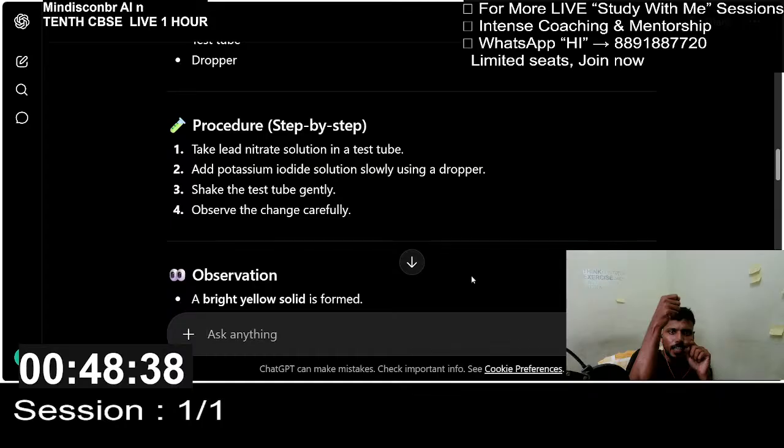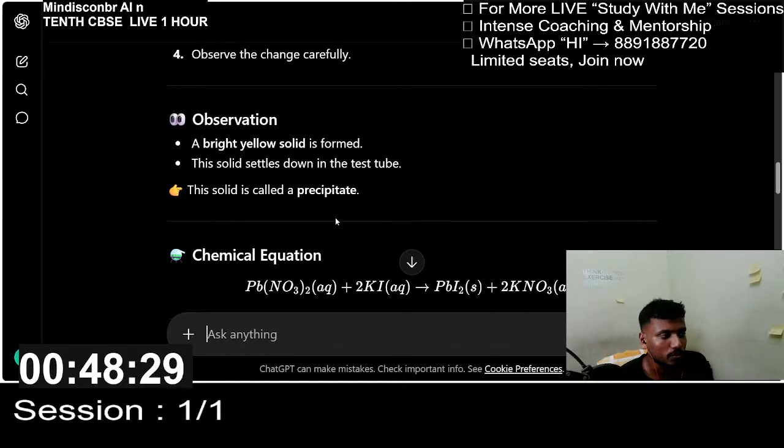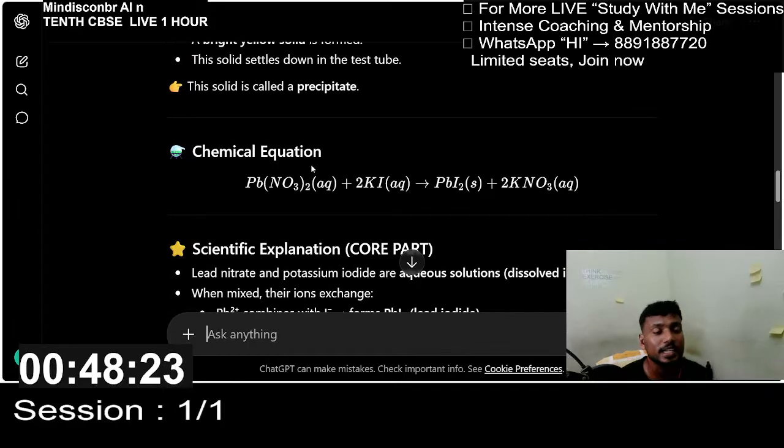We can see a yellow colored precipitate formed in the test tube. A bright yellow solid is formed. This solid settles down in the test tube. This solid is called a precipitate. And the chemical equation for this is